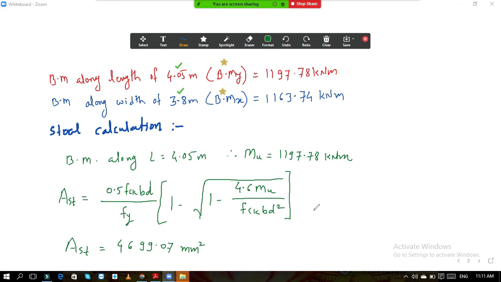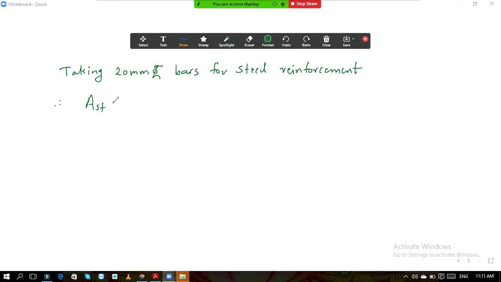So here I will write taking 20 diameter bars for steel reinforcement. Okay. So therefore Ast, this is our steel in longer direction. Okay. 4.05 is our longer direction. So this is our steel Ast in longer direction. Okay. So Ast in longer direction, as our 4.05 dimension is longer, it is